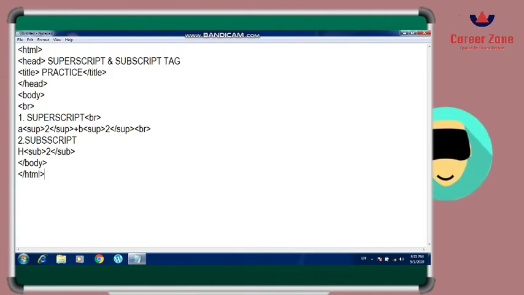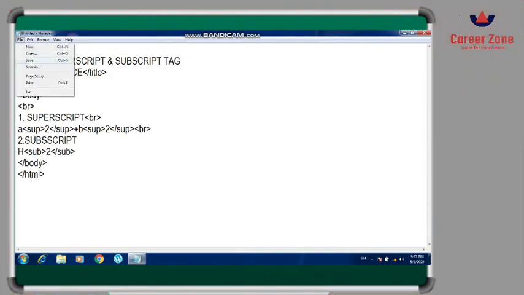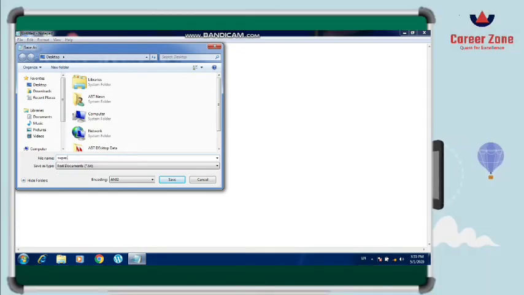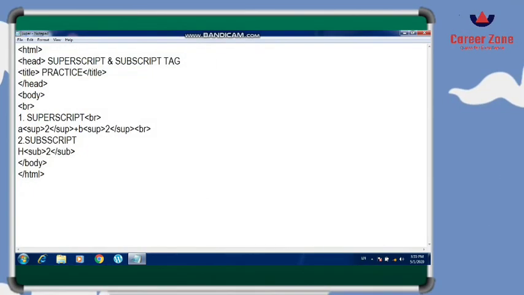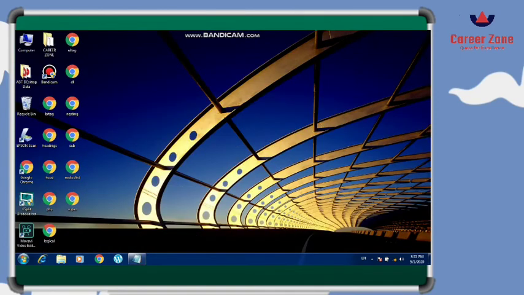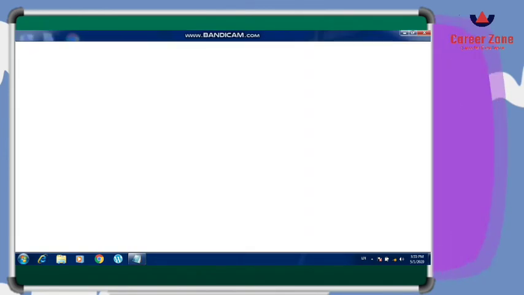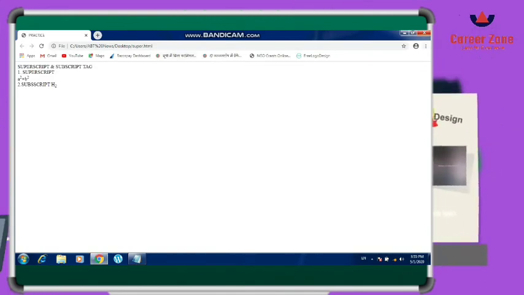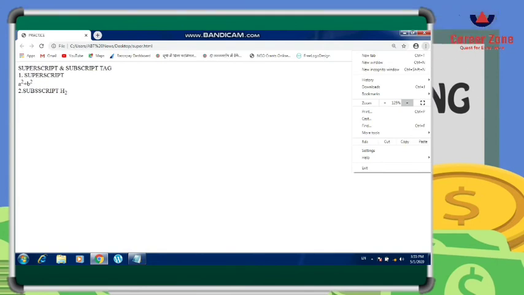Now I am going to close the body and HTML tag, and will save the file to show you the output. So you can save it, and then go to your desktop, double click the file and open it. Let's see, going to increase the size so that you are able to see the output in a better way.